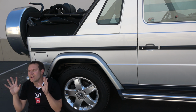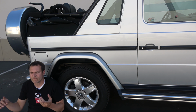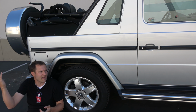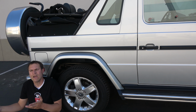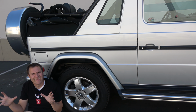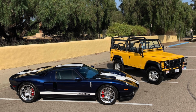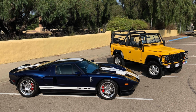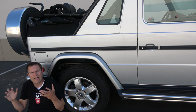I cannot bring myself to buy cars in that manner, and that's why I have a Ford GT, which isn't going down in value, and I have this and my Defender, very expensive cars, but they're not depreciating. I am terrified to do it any other way, and so that's why I have a couple of fun special cars that are pretty expensive, but it's why my daily driver car is a 7-year-old station wagon with 85,000 miles that's worth like